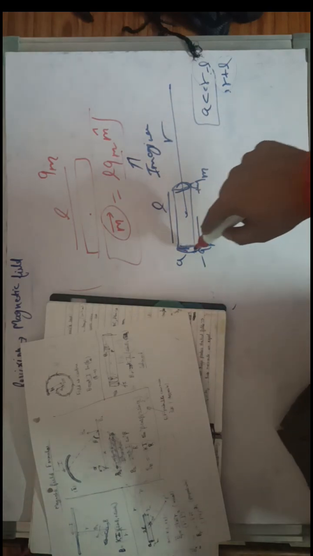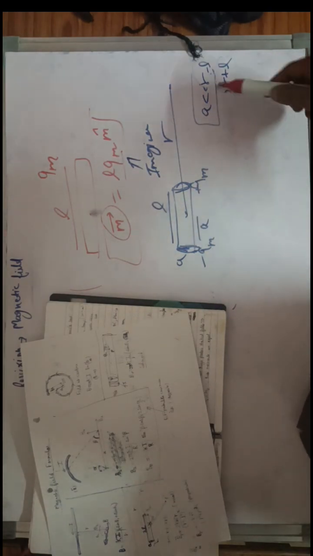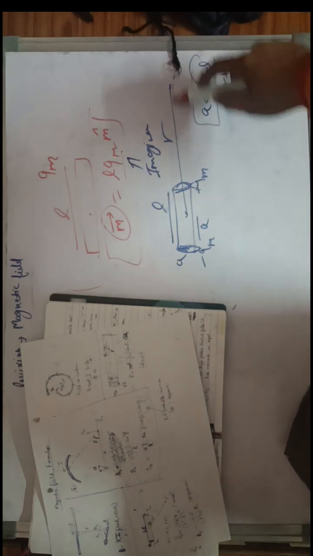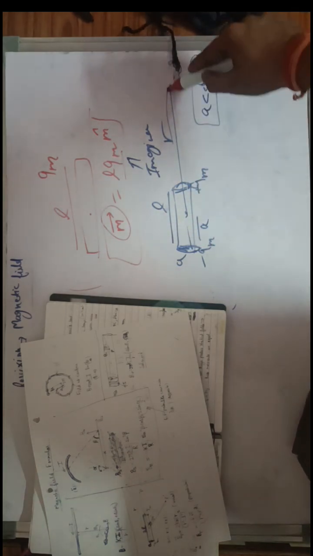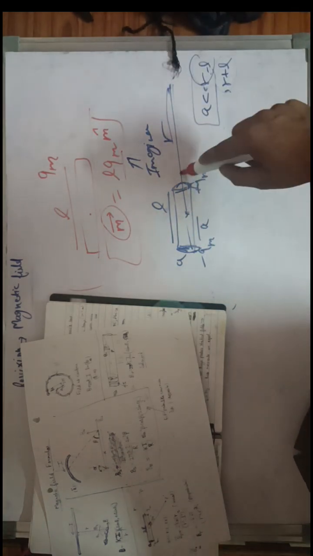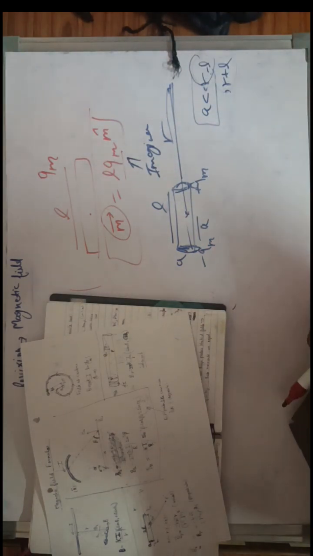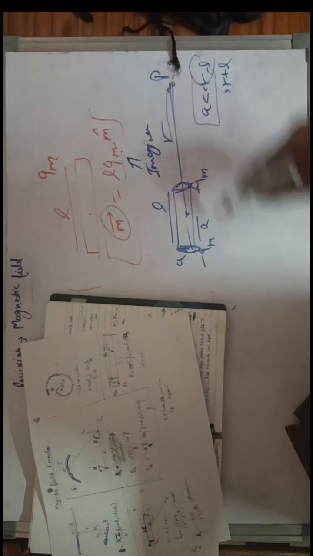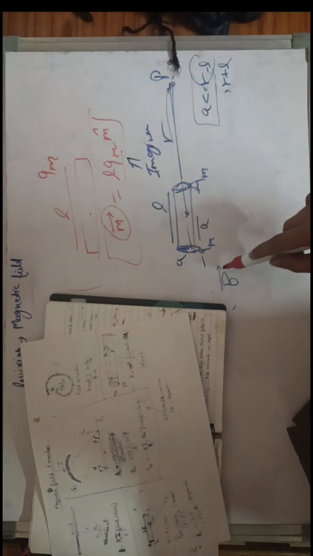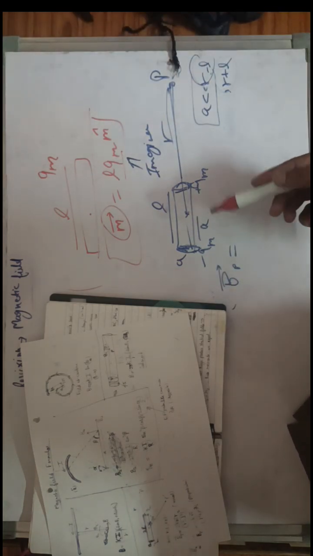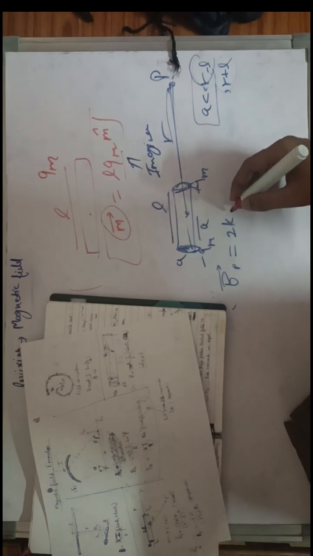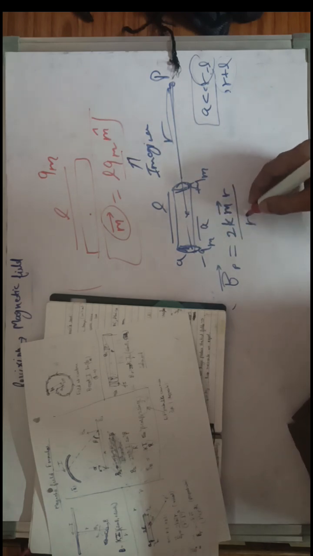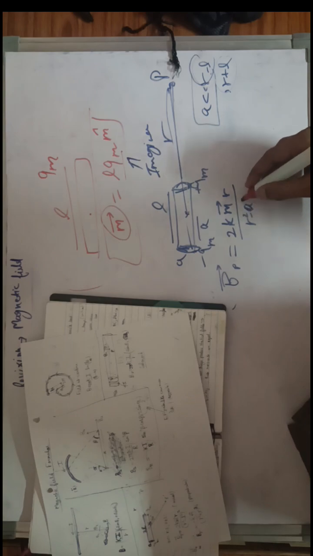If the radius of this is very small, or we can say the thickness is very small, then this length, then this length, or let's say this length, then in that case the magnetic field at this point, which is along the axis, Bp, can be given as, similarly just like the formula in case of electric dipole, we will say r square minus a square whole square,